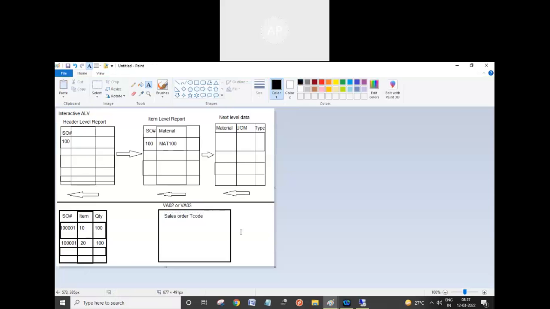This is another requirement. This is also interactive report. For example, there is a requirement for the user that they want to see all sales orders created today, and they got the report. We created a report using some date in the selection screen, and we are displaying the data like this in the report output. So they wanted to go to the sales order transaction and do some changes.